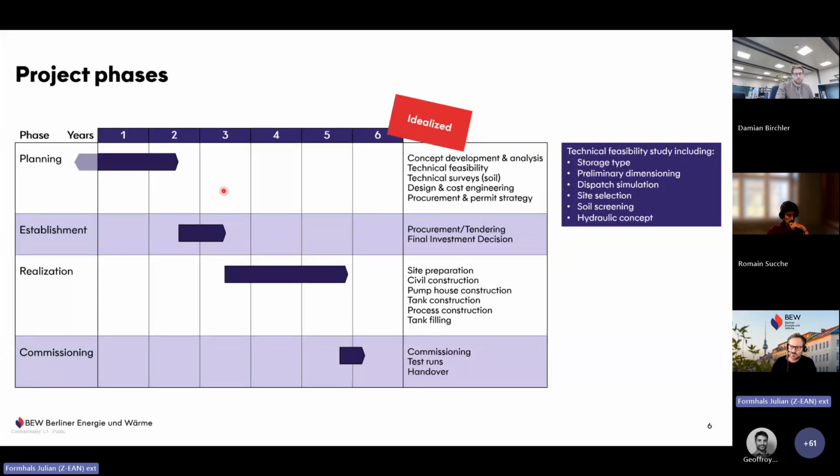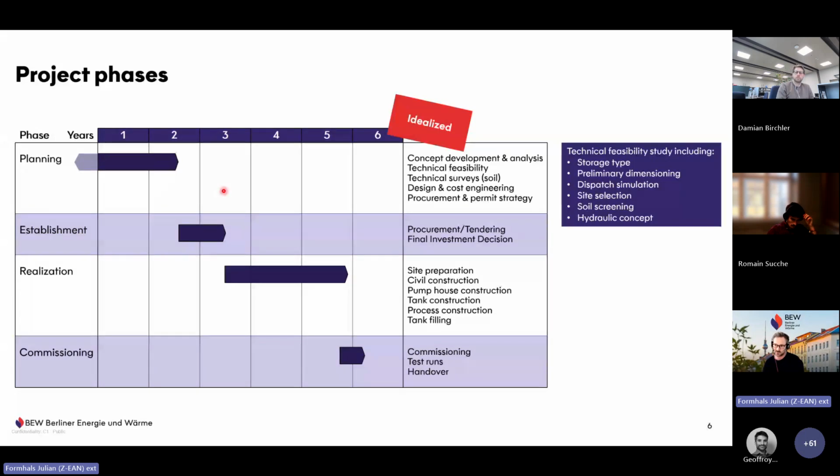Some of the storage types we heard before today were also under consideration, but due to the requirements and the technology readiness level we wanted to aim at, we focused on tank storage. We did a feasibility study where a lot of different aspects were considered. As I said, the dimensioning was investigated, but we did a lot of dispatch simulation studies as well with different scenarios for our future generation